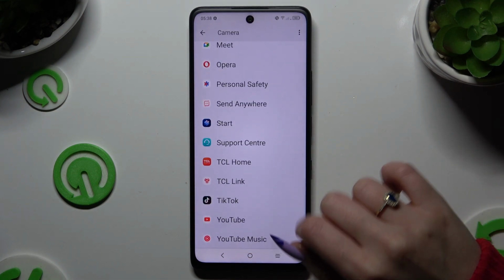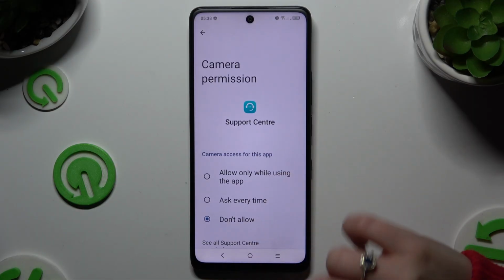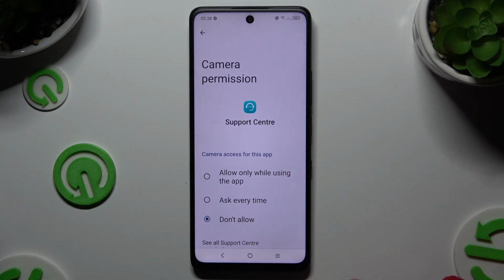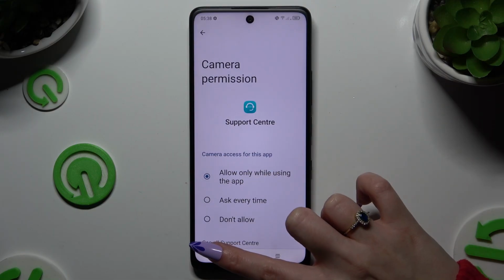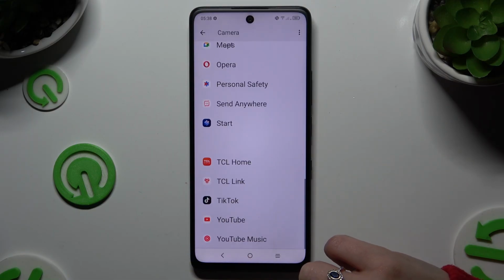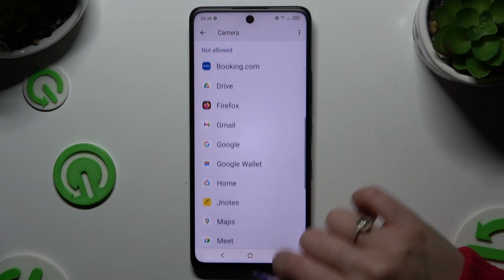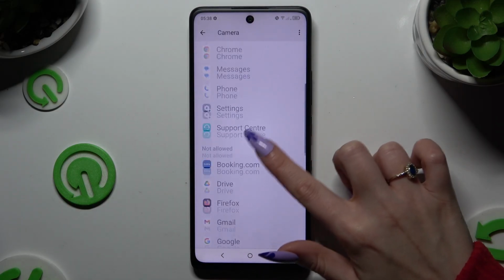Click on one of your apps and tap on one of those options: Allow only while using the app, ask every time, or don't allow. Then go back. If you want to manage one of those apps instead of one of those features, click on